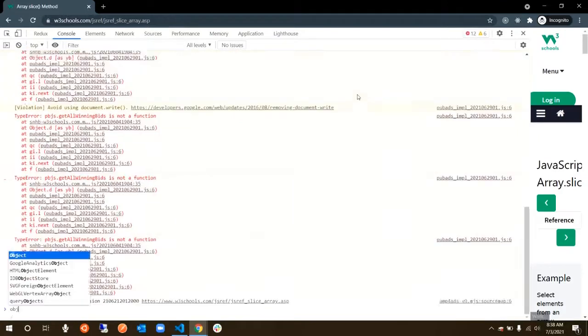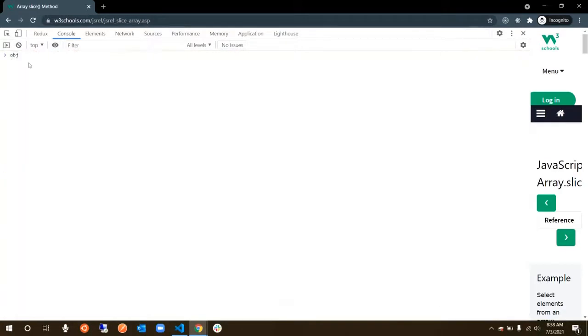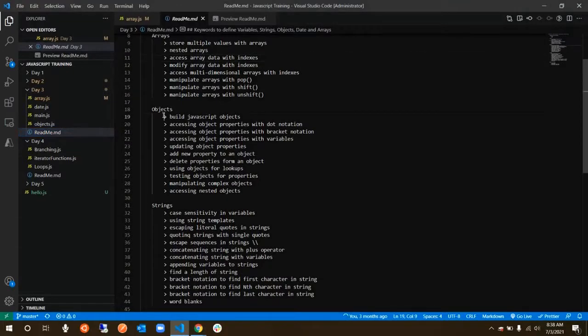So as we previously talked about, an object is defined like this: key value pair. Let object equal to a flower bracket, and within that you will have key-value pairs. Key1 is equal to value1, and then key2 is equal to value2, and so on. This is how you define it. Sorry, I missed a comma here. So if you click on object now, you will see key1 is equal to value1 and key2 is equal to value2. So that's about building a JavaScript object.